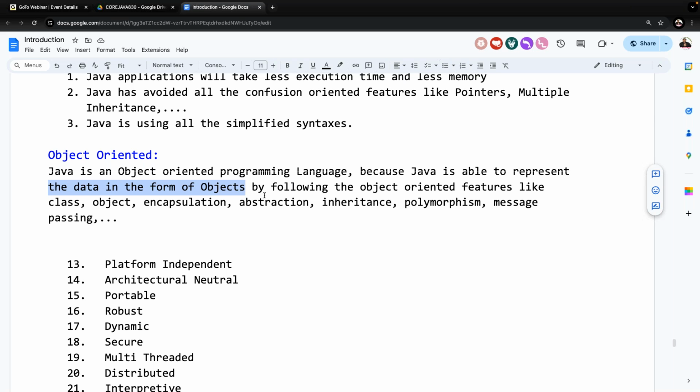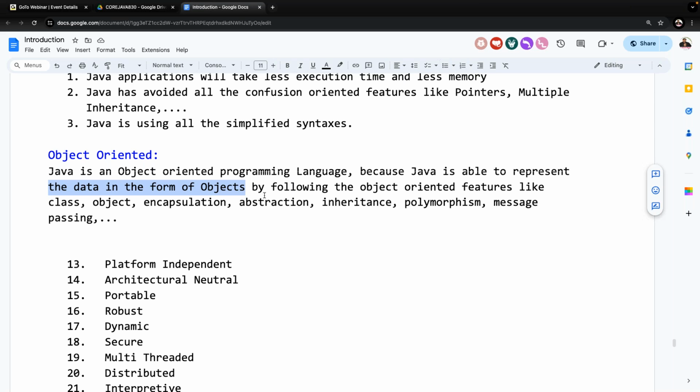Got my point or not? In general discussion, if you are asked how you can say that Java is pure object oriented, C++ is partially object oriented, and C is not object oriented, the general, convincing answer I have given is still not a 100% right answer. This is not exactly the answer Sun Microsystems has given.